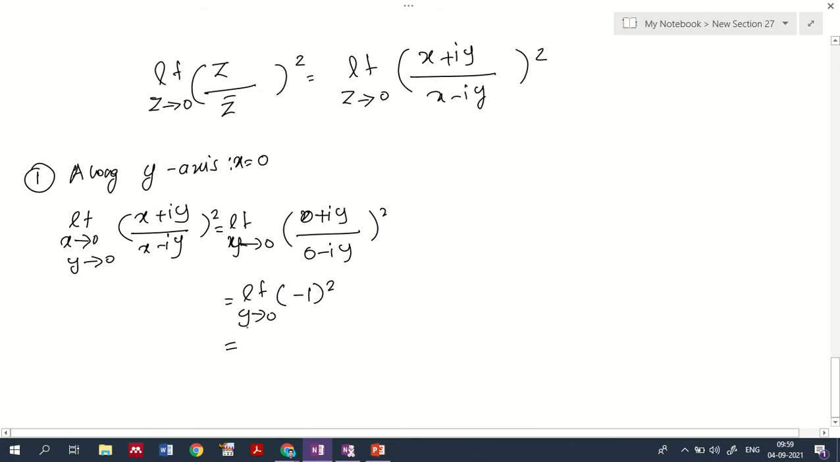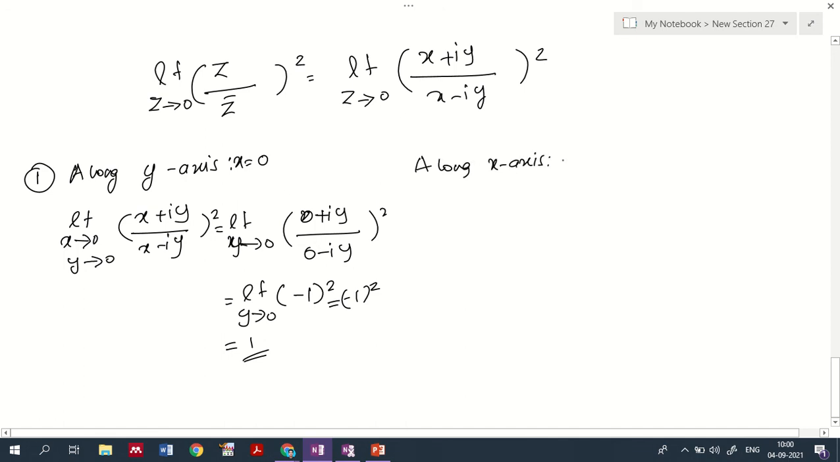You will be getting the value equal to 1 in this case. So you will be getting 1, that is (-1) square. Okay, so in the next case, when you consider along